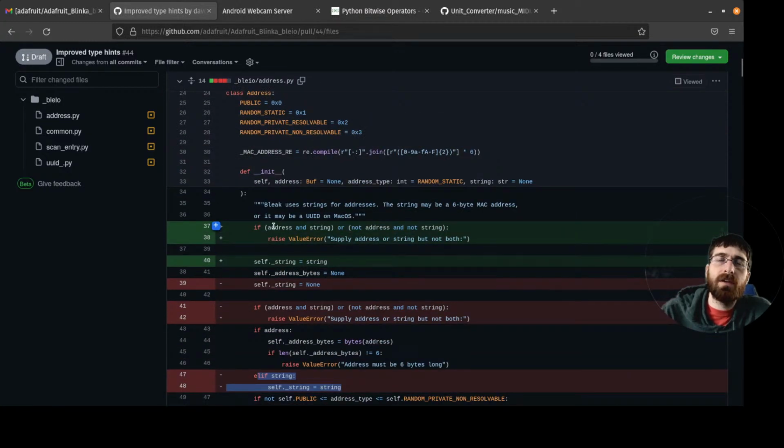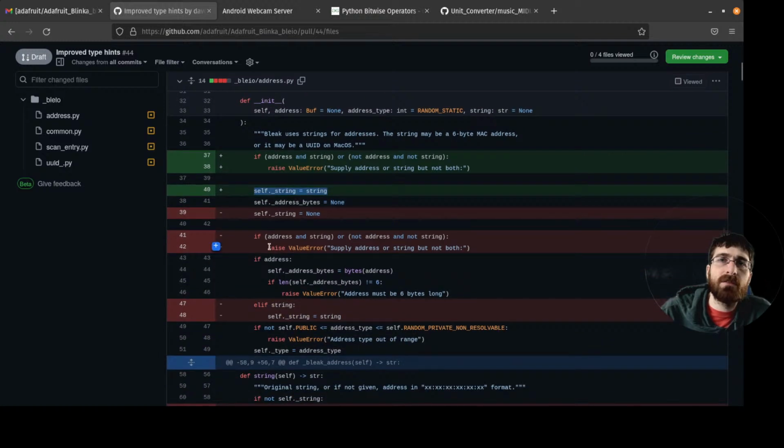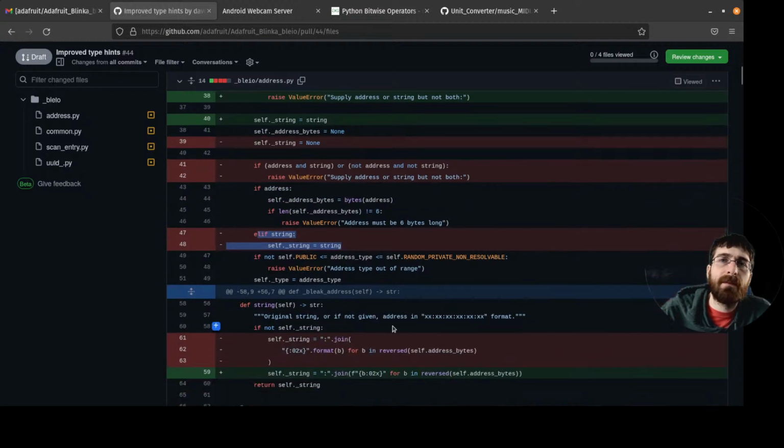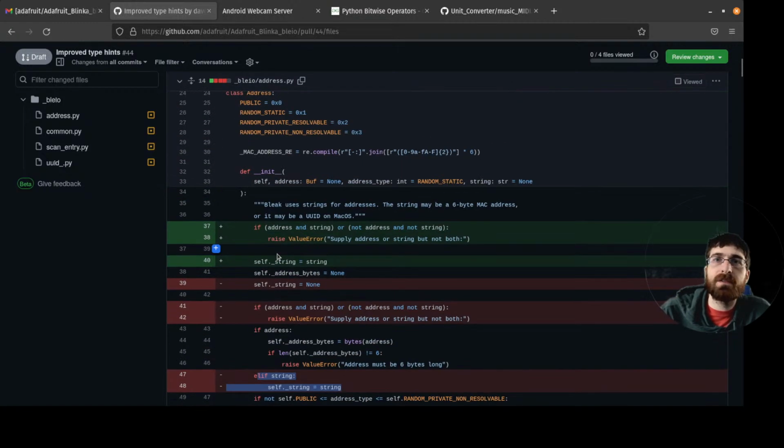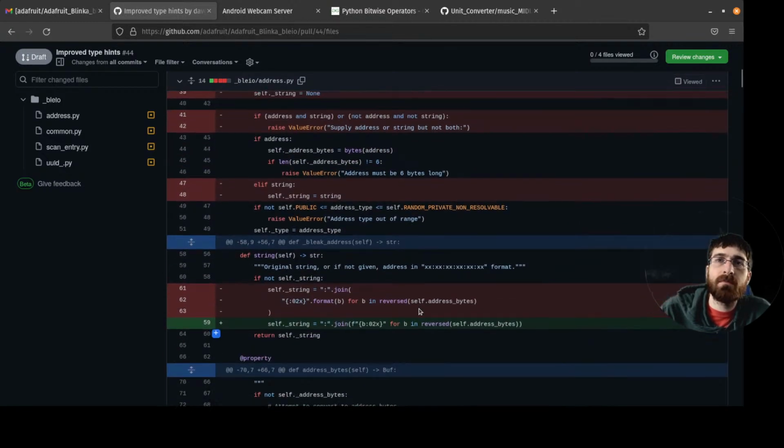And the other way, if address was none but string wasn't, then this will get set to a real value. Address is none, so this won't happen. And this will happen. Well, this is gone, obviously, but string will be set already from up here. Okay.